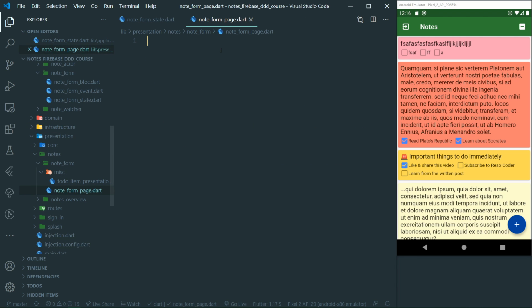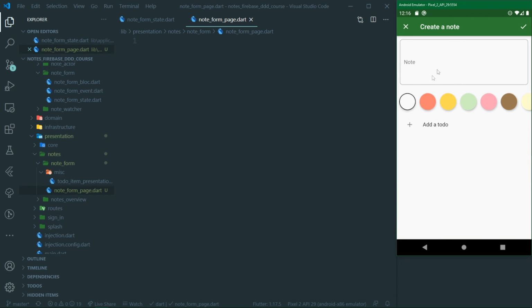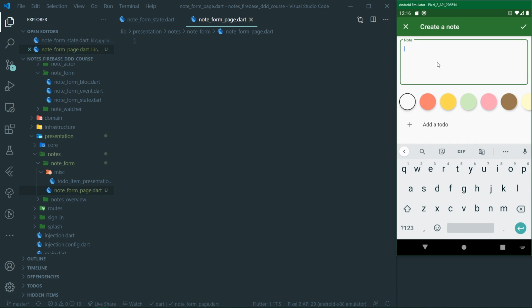.dart, of course. And this is going to be a stateless widget. And as I've said at the beginning, in this part, we are going to focus on everything except for the NoteForm fields. So we're going to have the basic skeleton. We're going to have the app bar, these buttons on the app bar. We're also going to implement that when we save a note